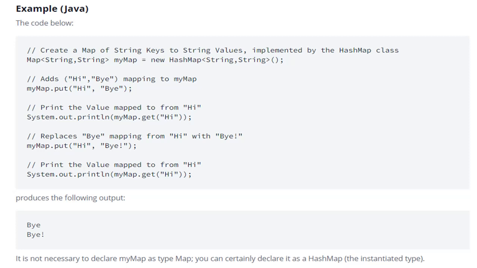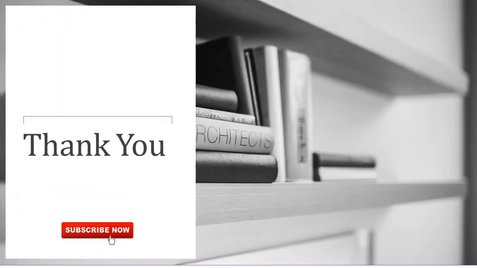So this is how a Java map works. I hope this video at least gave you an idea how a Java map actually works, but I know you will get a little confused with this video, since it is not clearly understood until it is practiced. So we will explain in the next video how Java maps work on a HackerRank problem.